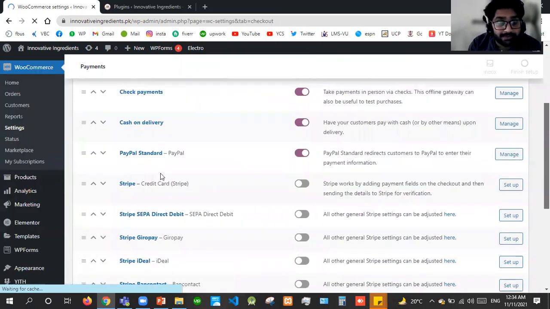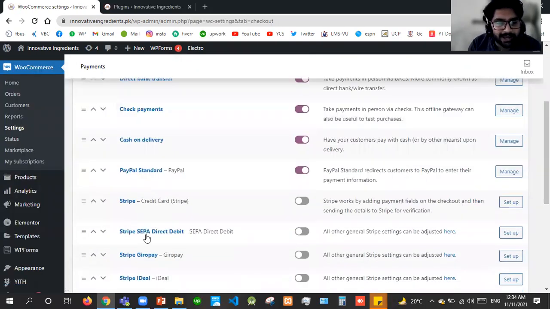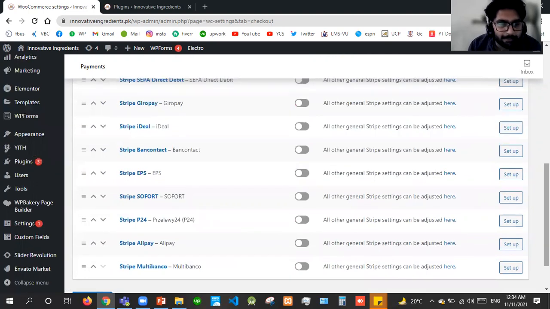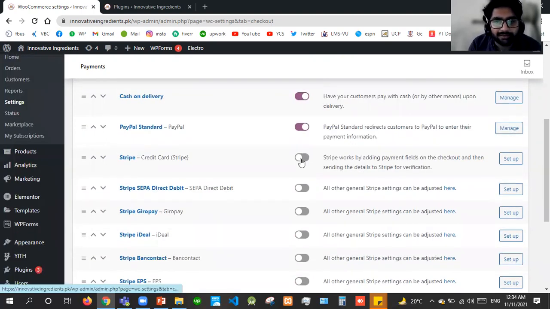Yes. So Stripe gives us credit card, Stripe SEPA direct debit, Stripe Giropay, Stripe iDeal, Stripe EPS, Stripe Alipay, Stripe Multibanco, Alipay P24. So I just want to enable the Stripe credit card. Okay. It depends upon our need, what I want to. I'll just go to setup,